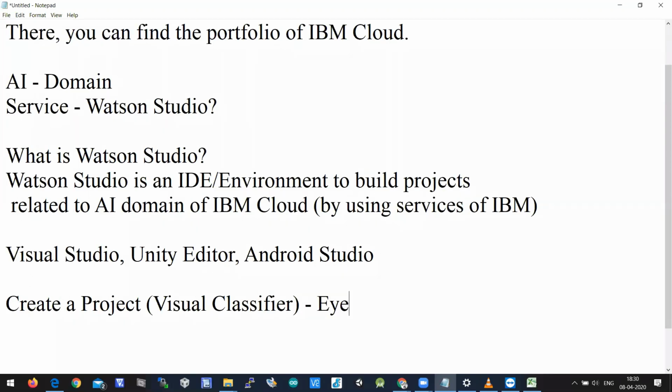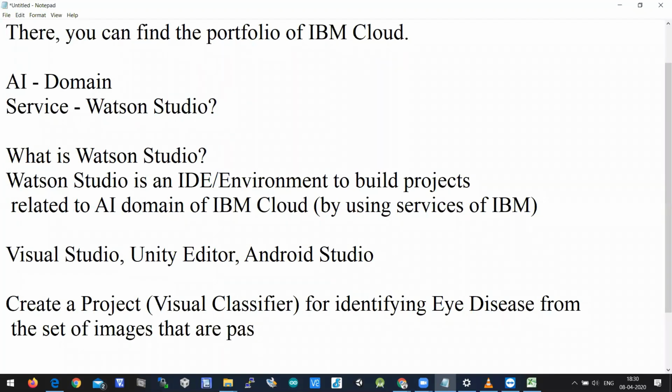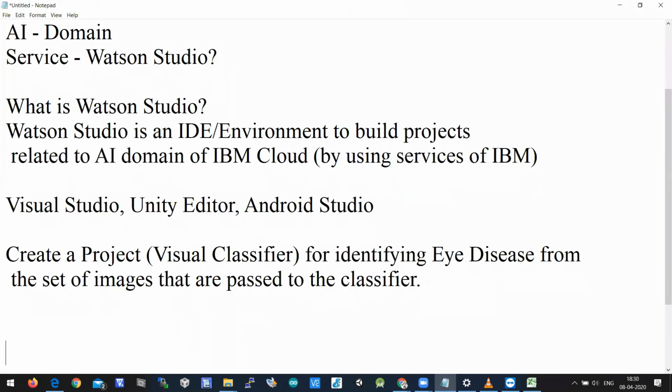So let's create a classifier for identifying IDCs from the set of images that are passed to the classifier. So let's do a sample project so that you'll understand how to create a classifier and all. So let's do a project for identifying IDCs from the set of images that are passed to the classifier.